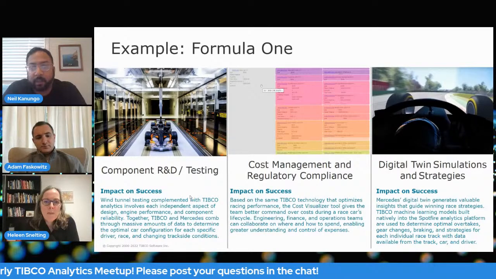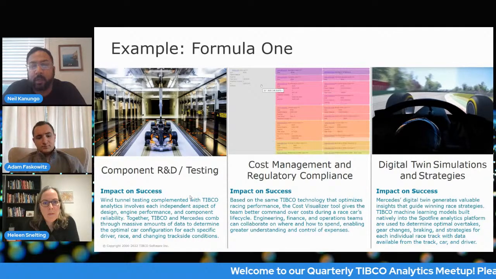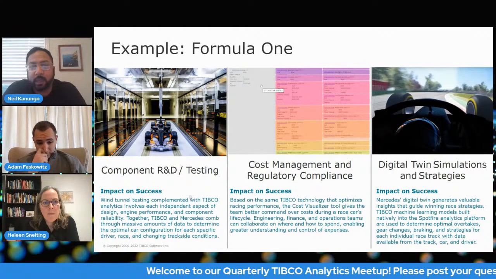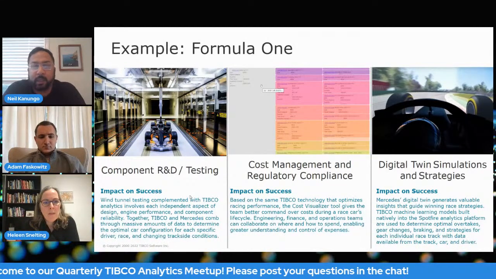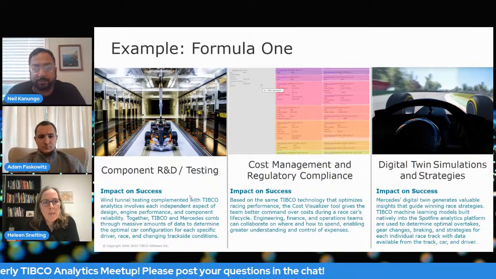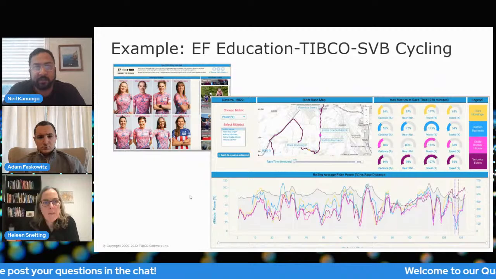This helps determine optimal overtakes, gear changes, braking strategies for each individual racetrack, and data available from the track and car and driver. So a lot of different angles are being used with our analytics with Mercedes F1 in that partnership. And Helene, if you want to talk about the TIBCO SVB cycling